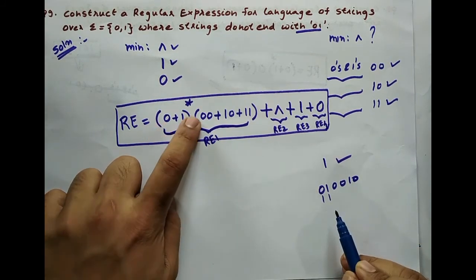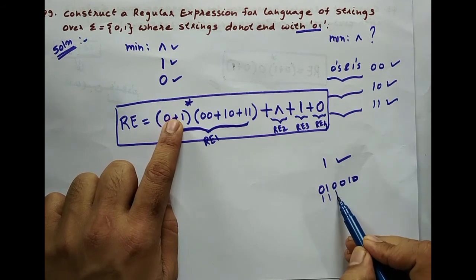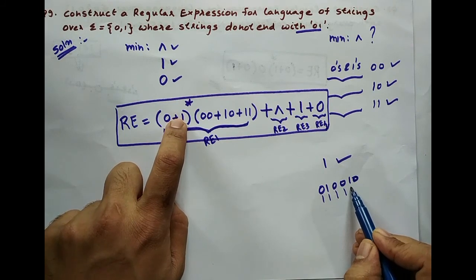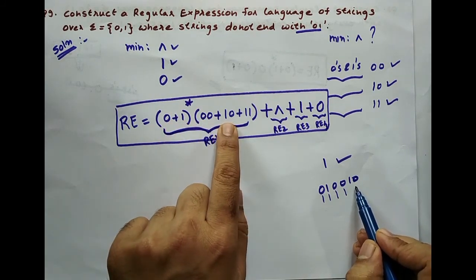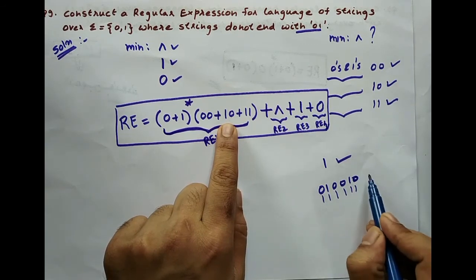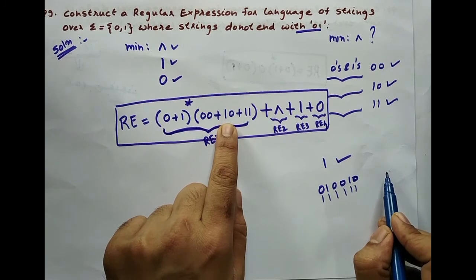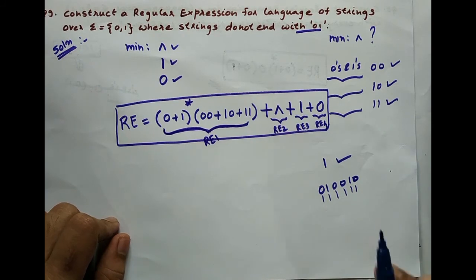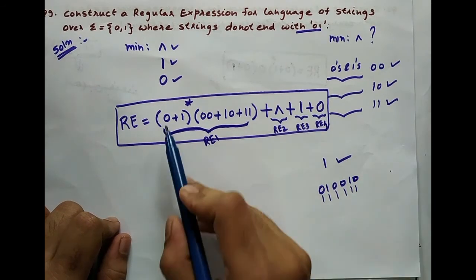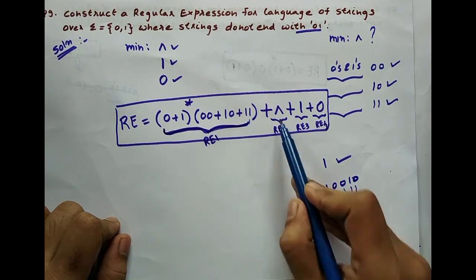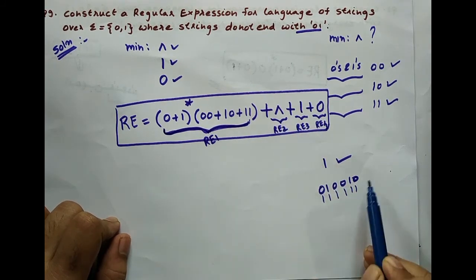So that's how we get 0. Next one, we will pick up 1 from here itself. 0 will be picked up from here itself. 0 will be picked up from here itself. Then you want 10, so that will be picked up from here. And that's how the string has already been successfully scanned, and there is nothing else left to be scanned. Now is the entire regular expression executed? Now you will see, sir, only this part is executed. These parts are not even touched, so the string should not be accepted.